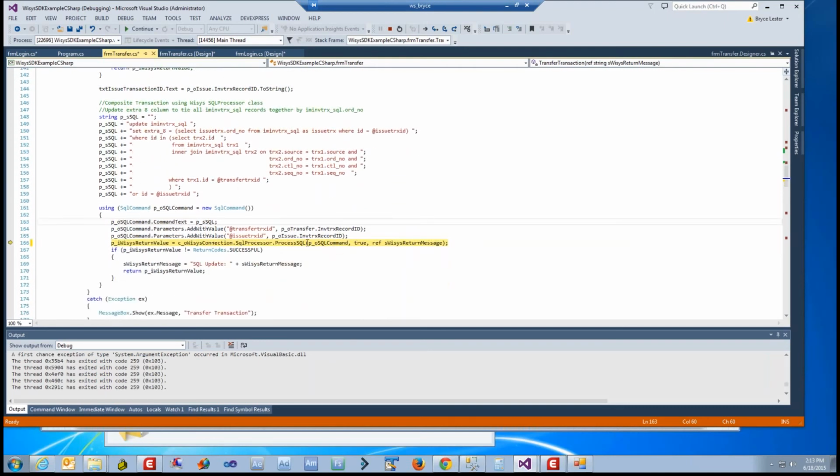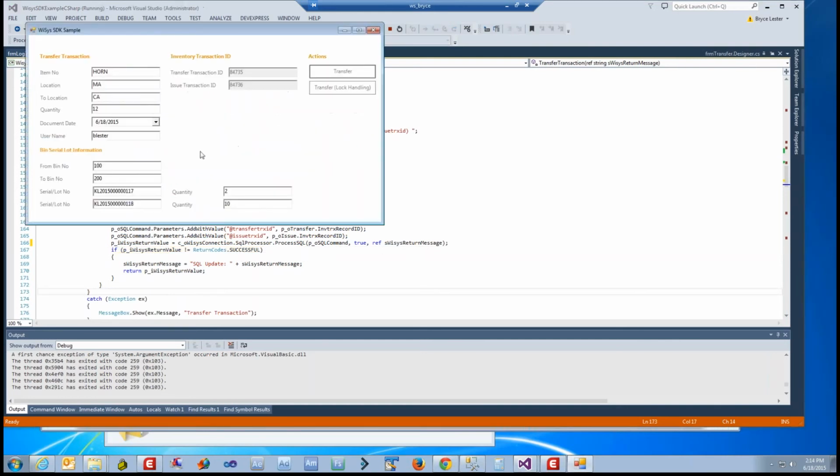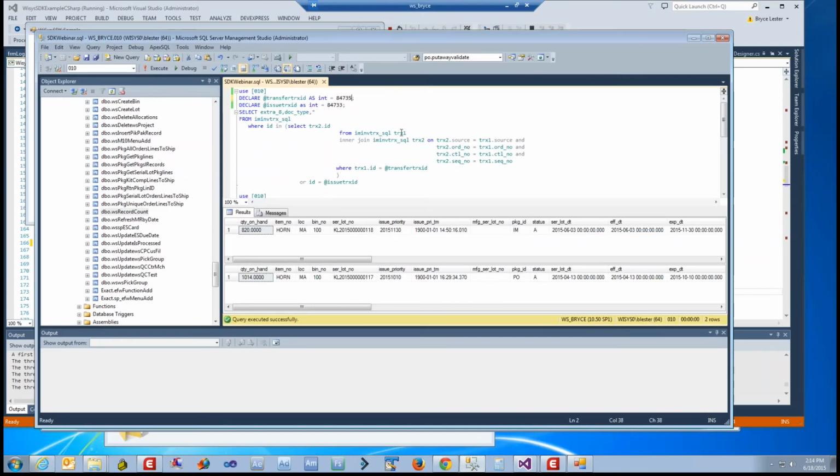So we're just going to call this process SQL method. We're going to pass in our command object that we just built. We're going to tell it we're in a SQL transaction, so it knows to use our existing transaction. We won't have any SQL Server locking record issues at that point, or collisions, and we'll run that, and we have a good return value. And so we've basically done that composite where we've transferred, issued, and updated our inventory transactions. So let's just hop over here. I think these are the 2,